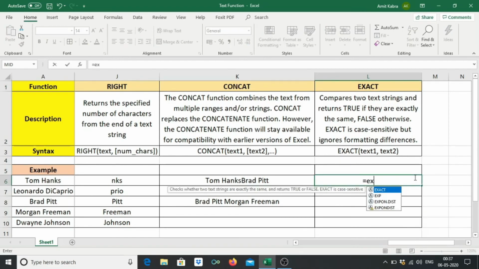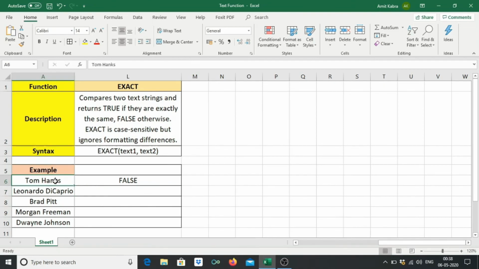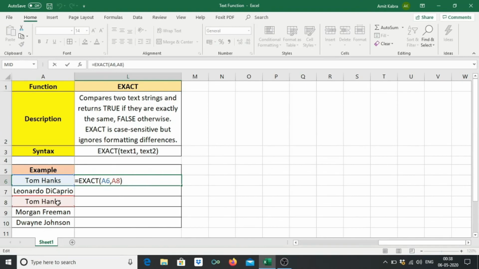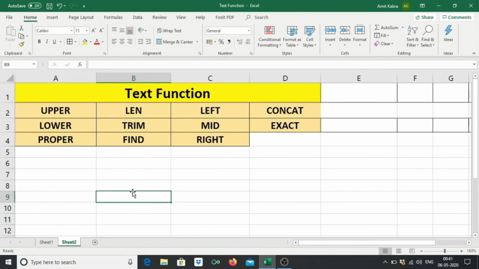Equal to EXACT, we have selected the first name, second name, bracket close. As these two names are different, they are not matching each other, so it will return FALSE. However, if we change the third name to Tom Hanks, now this is TRUE because it is comparing this, and as both are the same, it is returning TRUE. Similarly, if we write equal to EXACT this name, this name, now as both are not matching, it will return FALSE. So in this video, we learned the